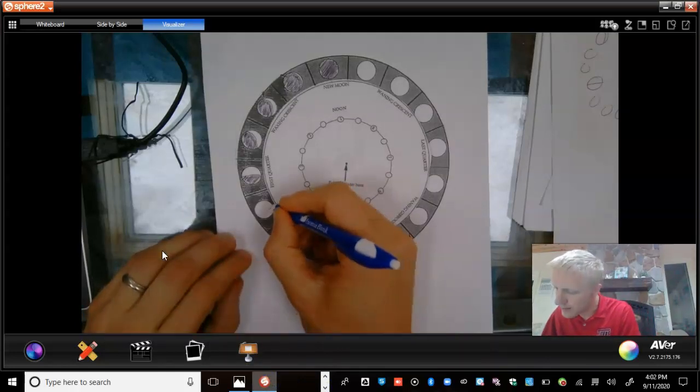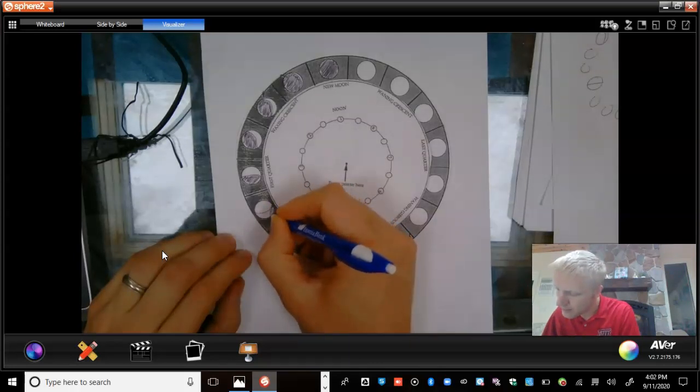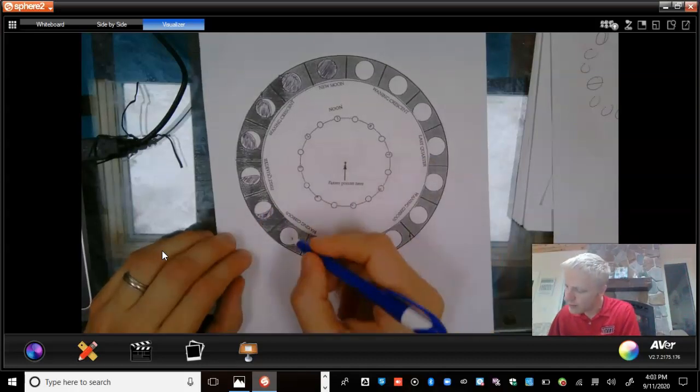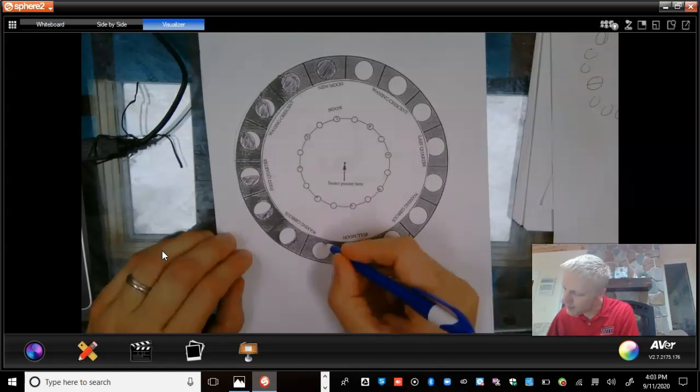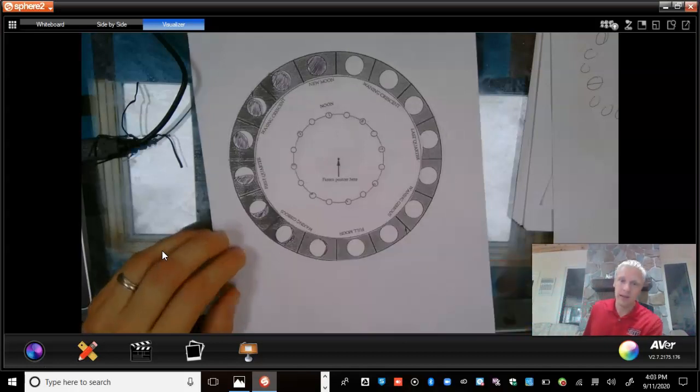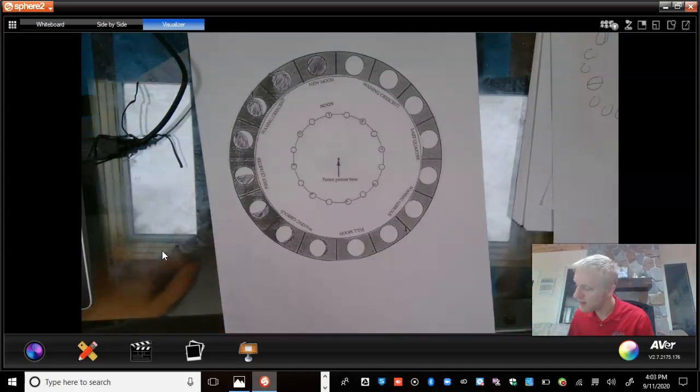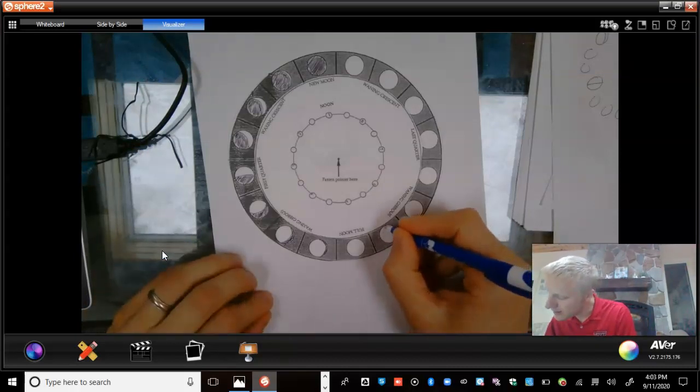Alright, so here we go, waxing gibbous. It's a little bit bigger than half. And as we're going down that waxing gibbous line, it's getting closer to a full moon, to the point where you know it's not a full moon, but probably the next evening will be a full moon, or maybe 2 nights. Just a crisp sliver is not to be seen until we have the full-blown moon,